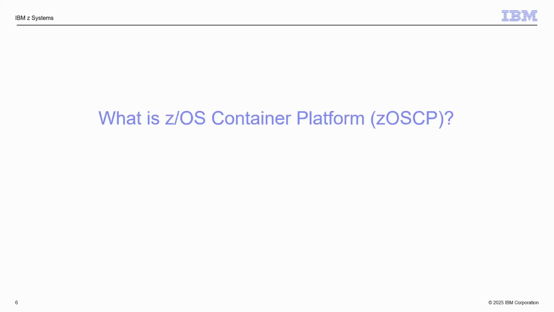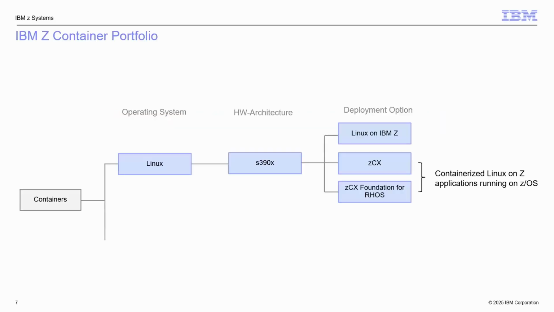Now, how does the z/OS Container Platform fit into the broader picture? Well, IBM already has a container offering for Linux. Those would be running your Linux s390x images. As I mentioned, containers are architecture and operating system specific. And if you had your Linux containers before, you could run them natively on Linux with Linux on IBM Z,